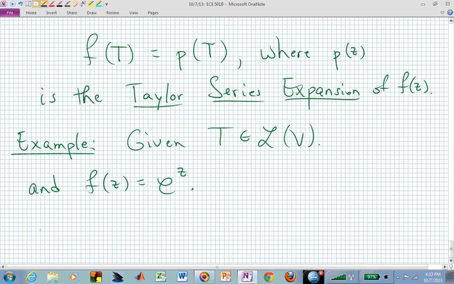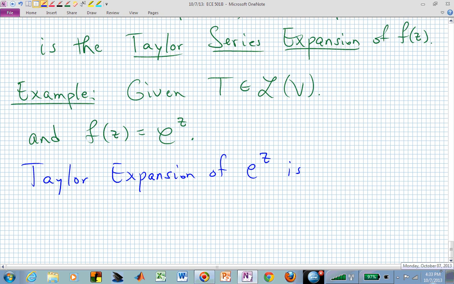All we have to remember is the Taylor expansion of e to the z. You remember what that is? e to the z equals 1 plus z plus, and then we start